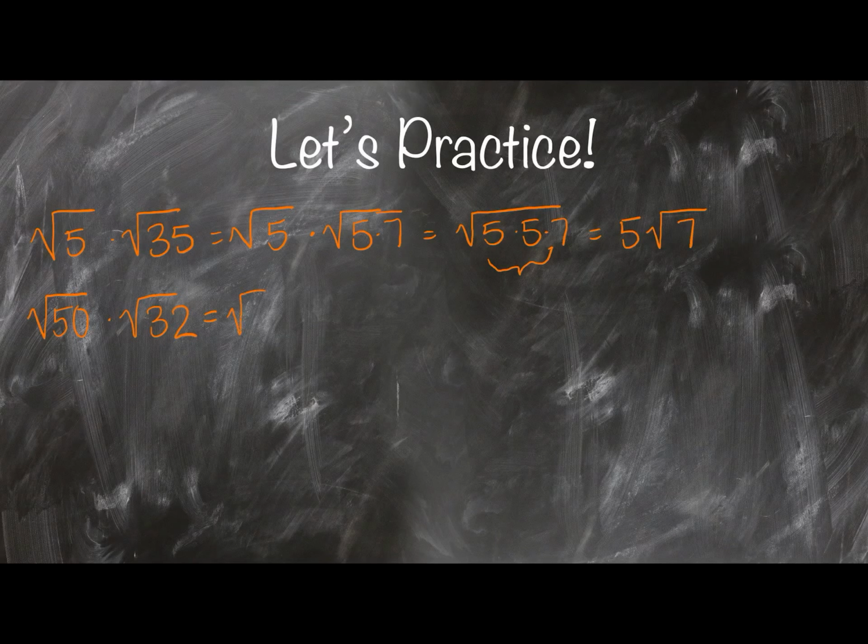Well, what goes into 50? How could I break up 50? Well, square root of 50 would be the square root of 25 times the square root of 2, right? So I could really just call that the square root of 25 times the square root of 2. That would be 5 root 2, right? So really, all I have here is 5 root 2. I'm going to cross that out and put 5 root 2 times